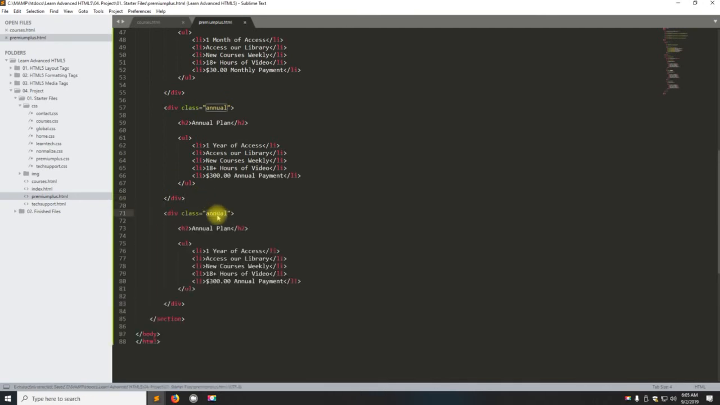So we're going to name the div lifetime and then do lifetime plan. And then we'll do lifetime access, and we'll do $900 one-time payment. Now, one thing I forgot in each of these areas was a button, so I'm going to make